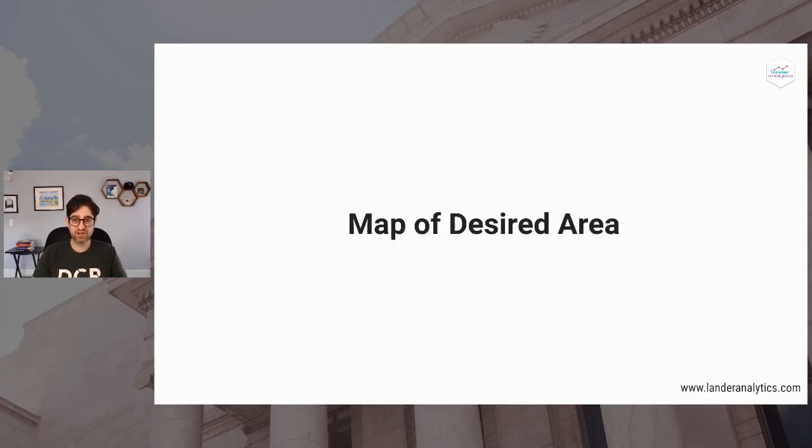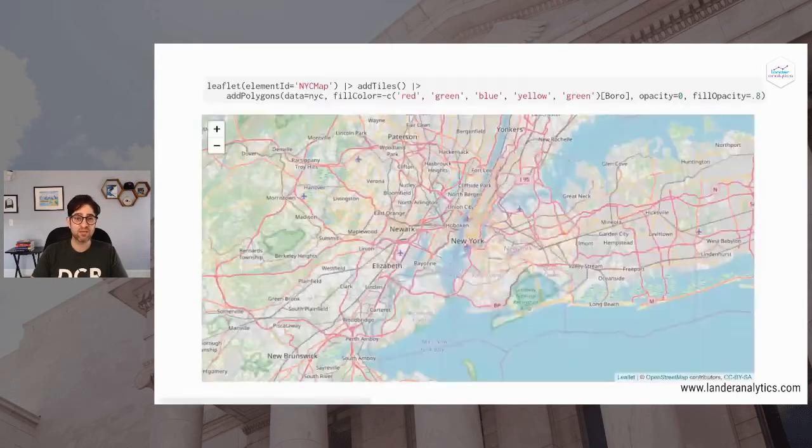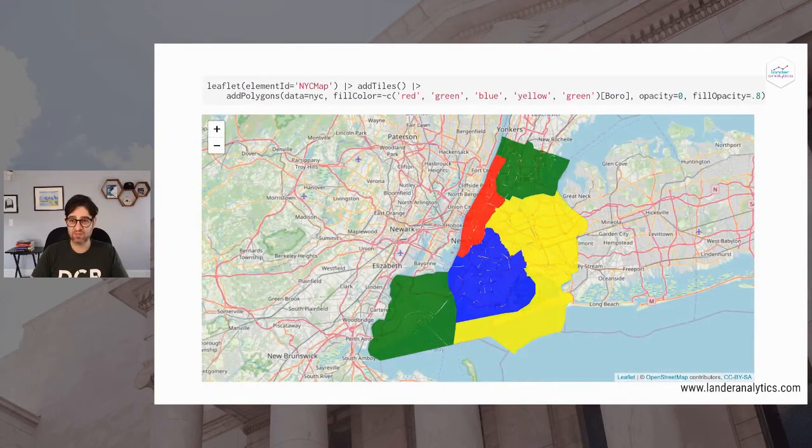In order to do the geofiltering, we first need a map of our desired area. Luckily, that is freely available online and we can read it straight from the URL, which is hosted by ArcGIS, into read_sf. And we are going to use this map to keep just some records. We check out the map to see we have each borough of New York City, and we are just going to focus on Manhattan just to make the problem a little bit quicker for today. Also, please note that this map used exactly 4 colors, and according to the 4-color theorem, you can plot any map with just 4 colors, and I think we just proved it with this one simple example.